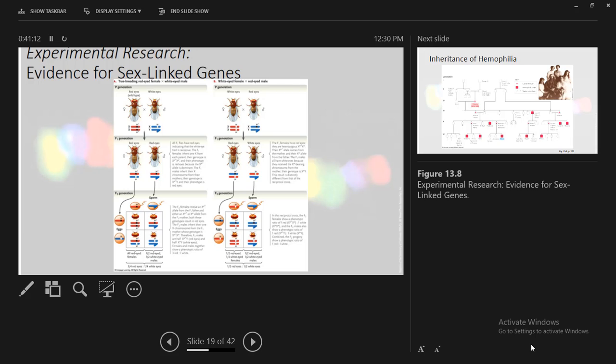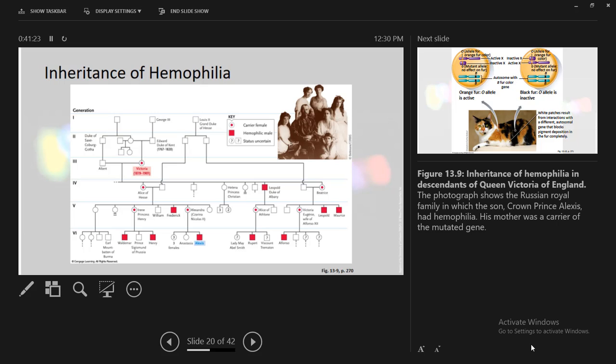If it's a recessive, because you only have one chance to get it right. You have one version of that gene in males, right? One X chromosome, one version of that gene, one opportunity to get it right. And so here's a human example of a sex-linked trait, hemophilia, which this specific mutation is a mutation in one